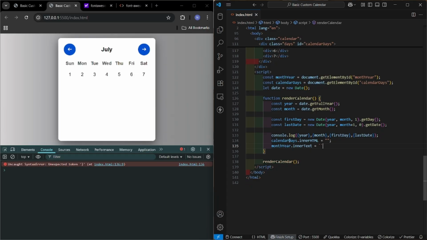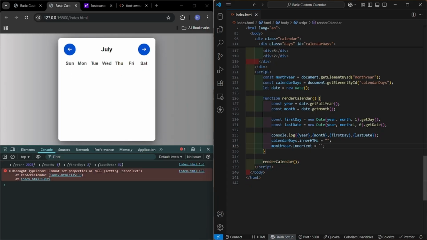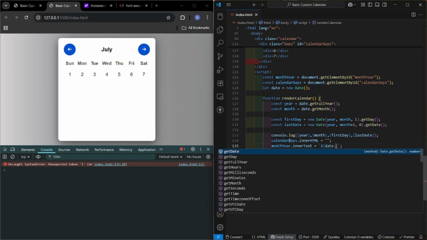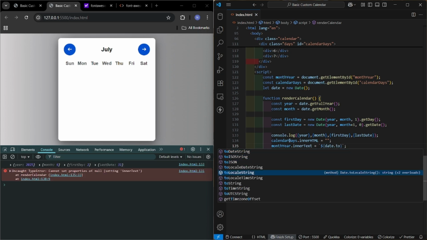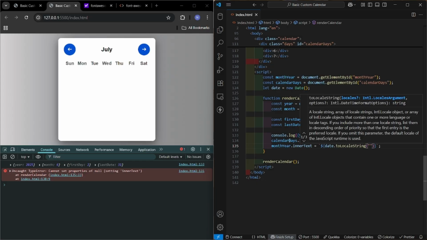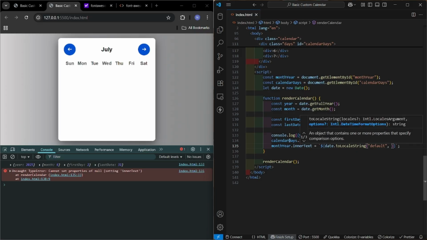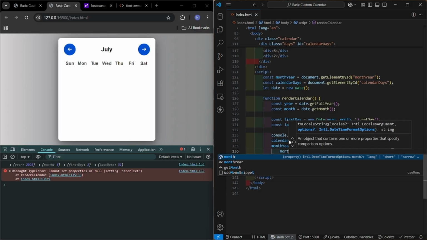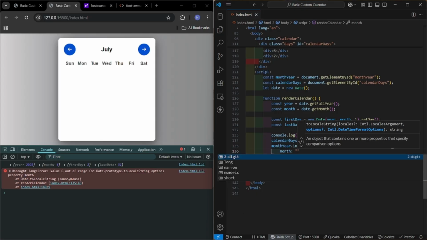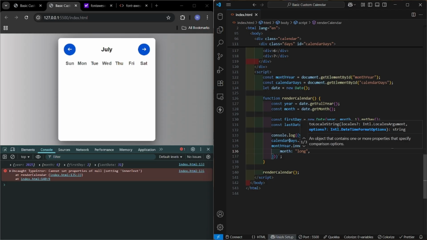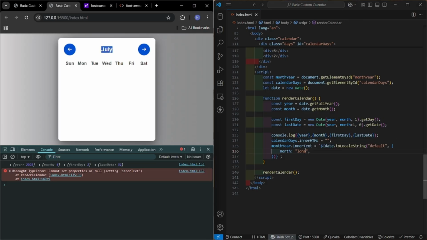Inside I will use string literals to get the month. Inside here I'll select the current date and convert it to a local string. Then I will select the default locale, which will be in your system. It will detect the locale in your system by default. And what you want to show, you have to represent, which will be month. In the month there is also a type of what you need, long or short. It can show both. So okay, July. If I make it short,